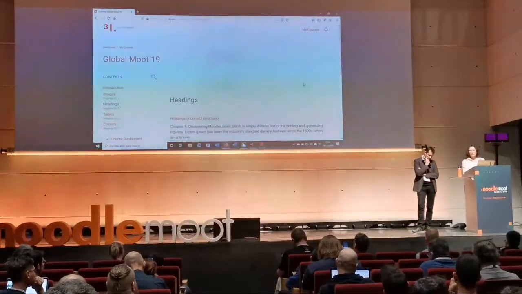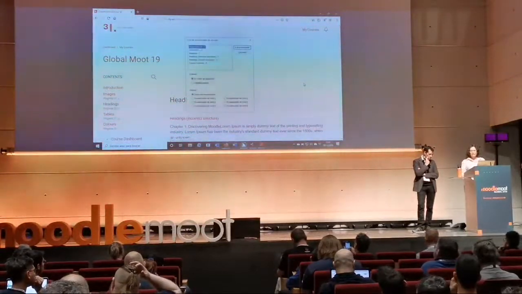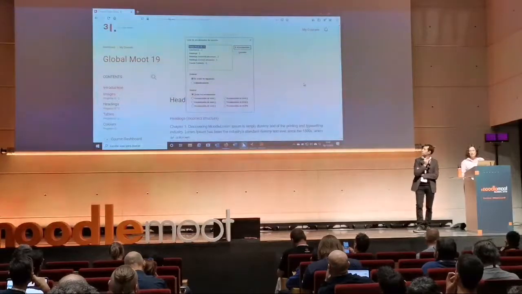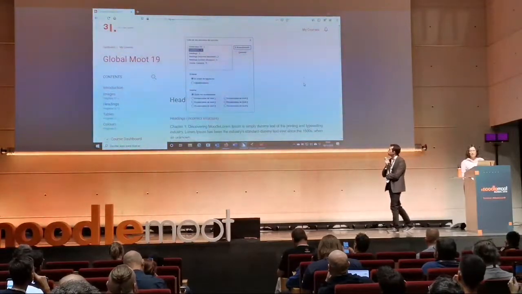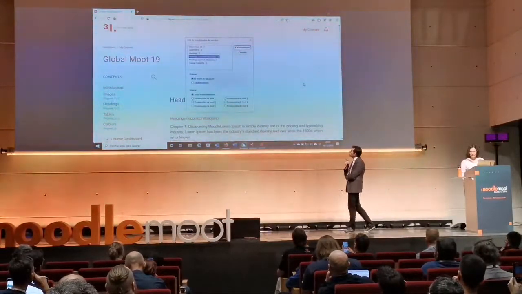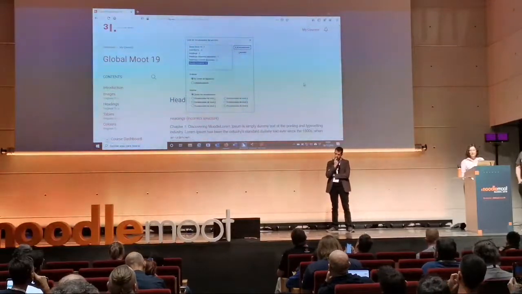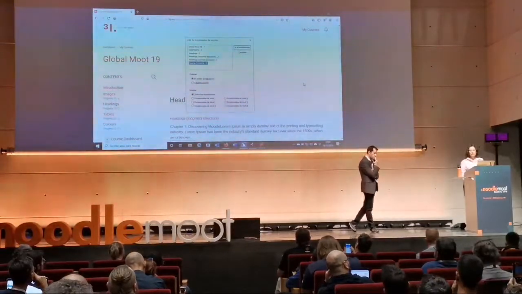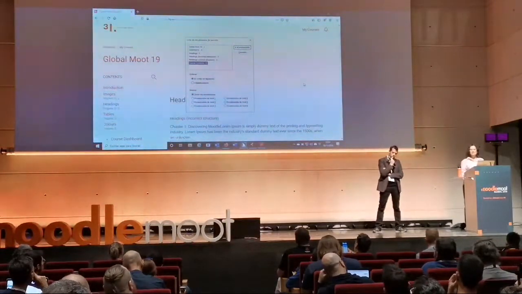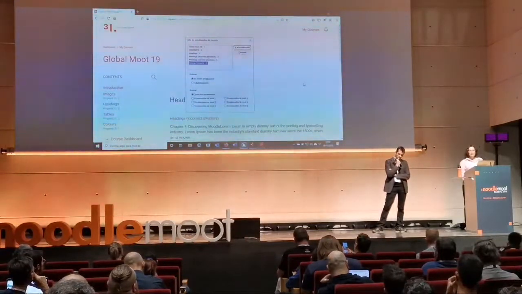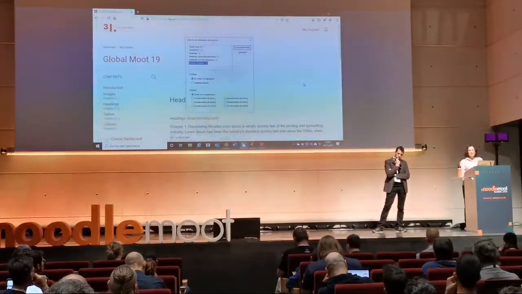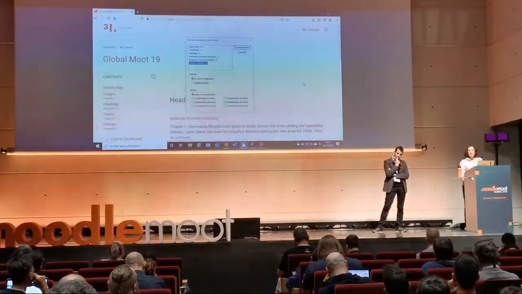So, for example, I can see the titles like this with my screen reader. And I can choose where I want to go. The thing in this example is that there are jumps in the structure.